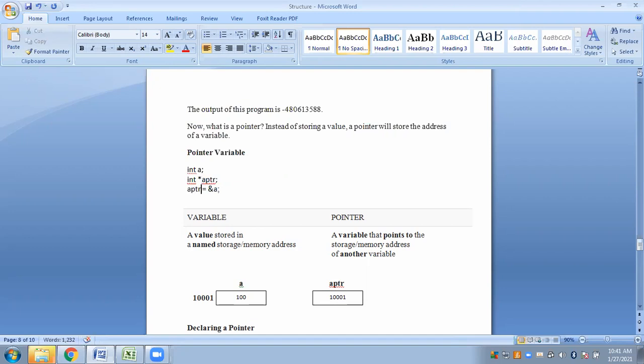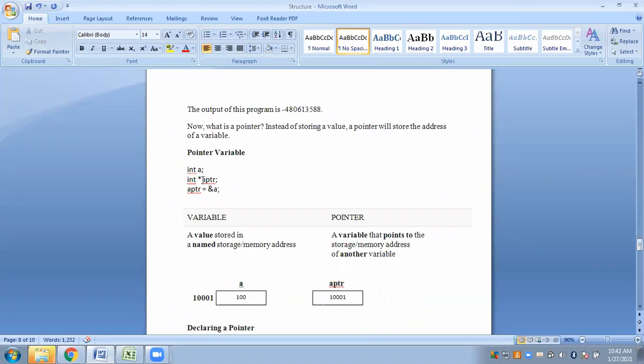I think this is better. This is an ordinary variable declaration, and this is a pointer variable declaration. When you declare a pointer variable, you can use any name for it, just because these two will be linked. It will be pointing to variable a. That is why I have differentiated it with aptr. That means it is a pointer to the variable a. You can give any name to it. You can even give x, y, z, or b, c, d. It is just a variable, so you can give any variable name.